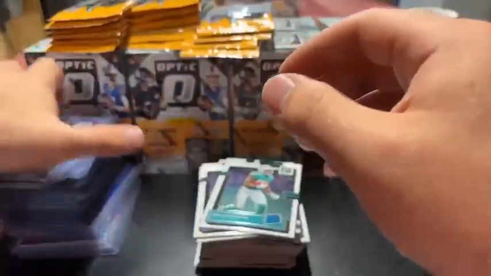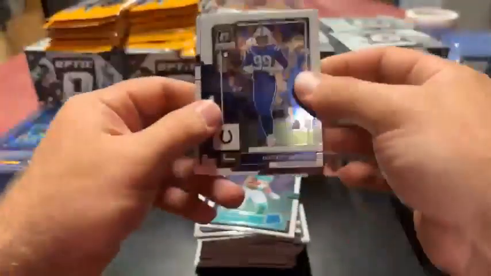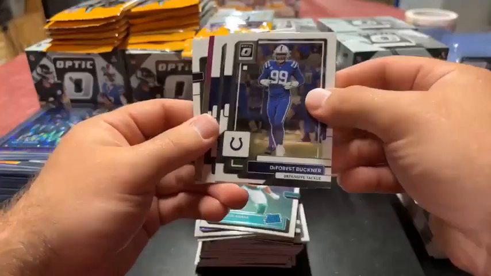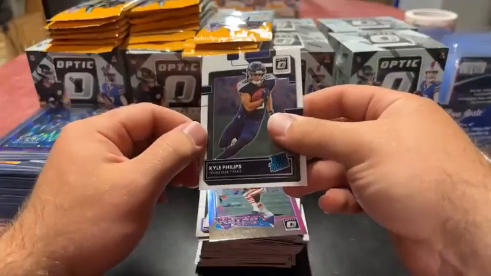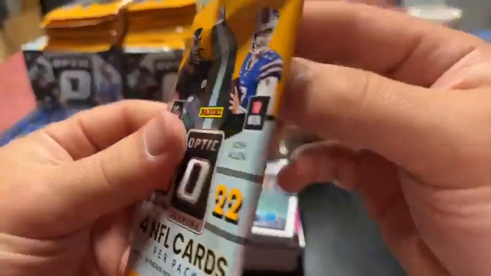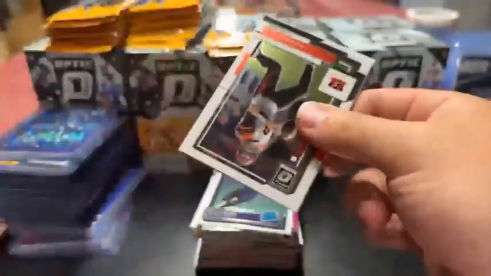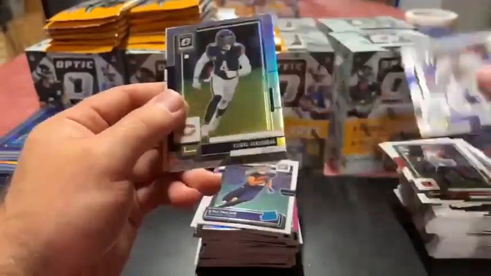Not even halfway through, and I think I probably used about 30 top loaders. DeForest Buckner, Eli, Ronnie Lotz, and Kyle Phillips. Cheeseburger Brown. Carson Palmer, Daniel Jones, Eddie